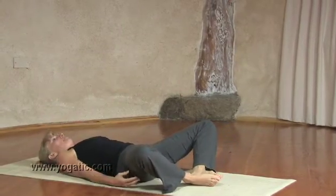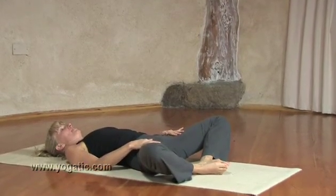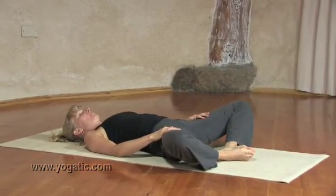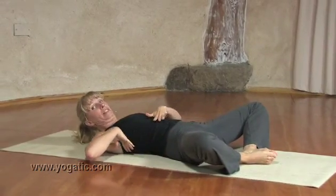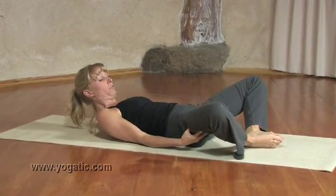Or you can decide to do the lying Baddha Konasana. So you can just make yourself comfortable here and take this as your relaxation as well. And again, breathe down to the pelvic floor. You can really support yourself in this pose. You can place blankets underneath the back. You can place something under your head, and you could place blankets underneath the legs to support,